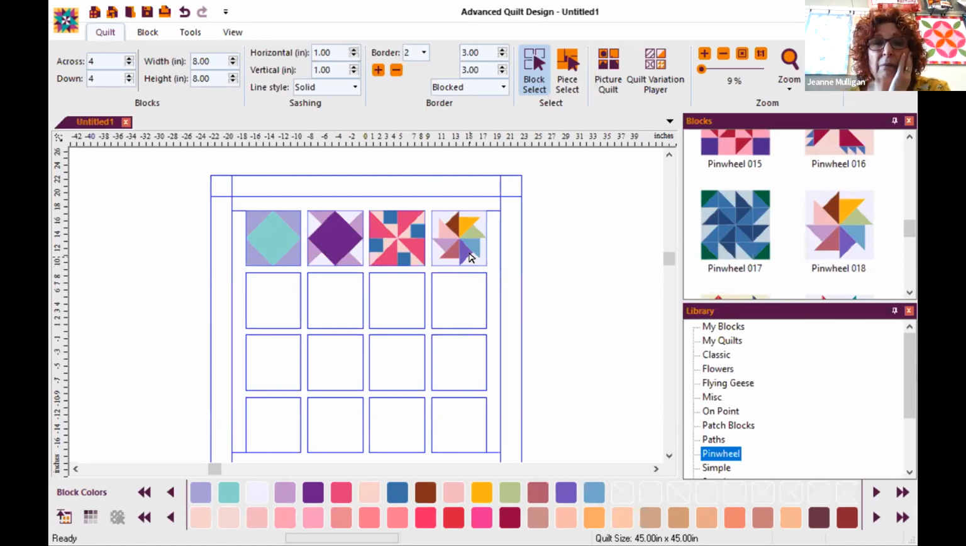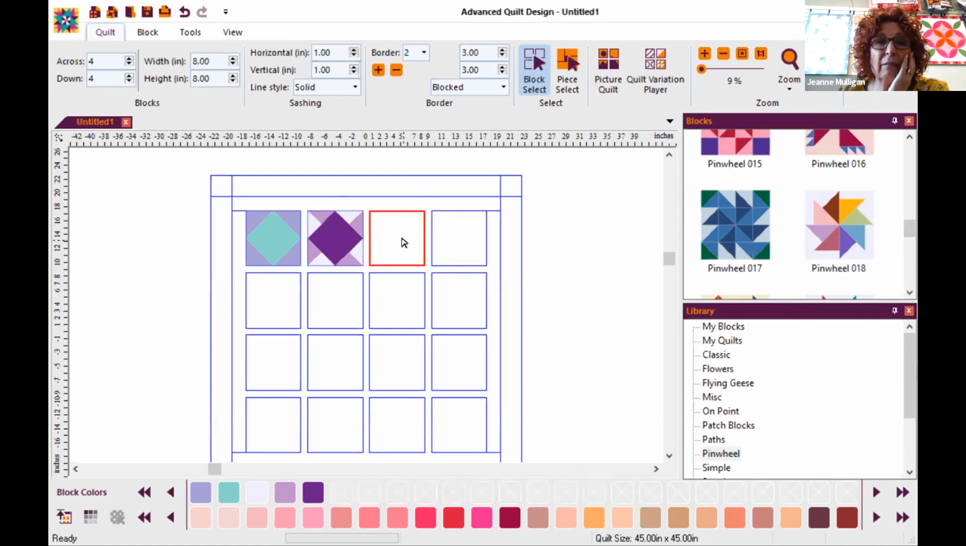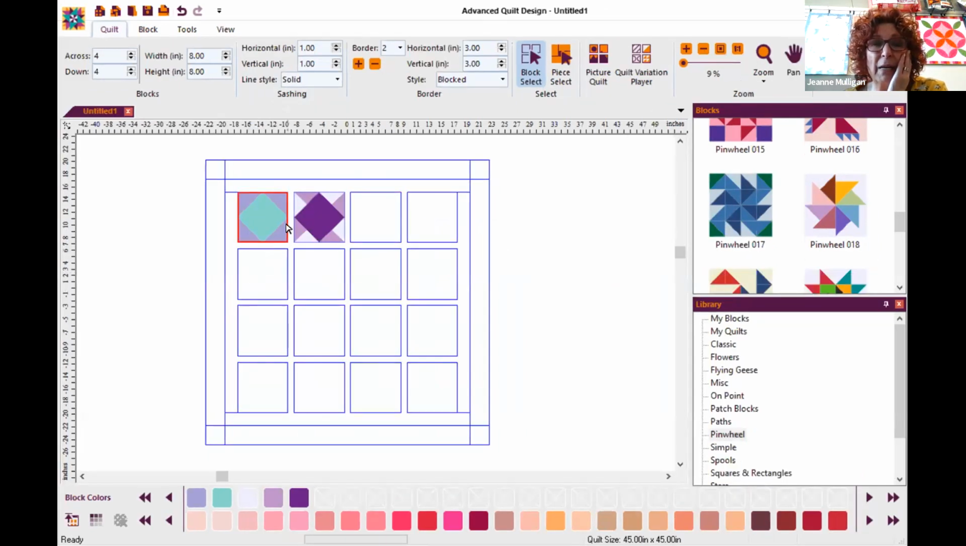I'm going to get rid of this one. So I'm going to click on it and then just hit the delete key. And this one as well, because I have a plan here. All right, so I'm going to just start with these 2 blocks. And the first thing I'm going to do is change my colors because I'm going to multiply these blocks into the quilt. And I'm going to start with some of the colors that I think I would like to have